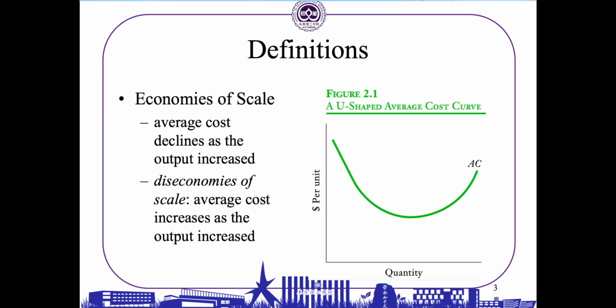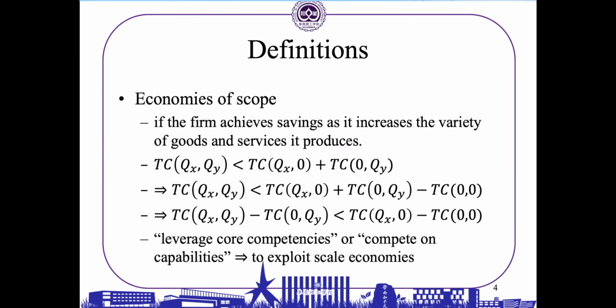This U-shaped cost function is rarely observed in empirical studies. Instead, an L-shaped cost curve, where beyond the minimum efficient scale the cost function exhibits constant returns, is more common. The definition of economies of scope is about the variety of products. Economies of scope exist if the firm achieves savings as it increases the variety of goods and services it